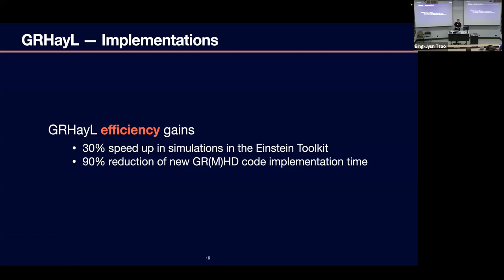There are complications that are out of the scope of the Einstein toolkit, but we don't yet do multi-patch AMR. In the future, we're going to do that as well, multi-patch in curvilinear coordinates. So that's the way we are measuring the 90% reduction in code implementation time.